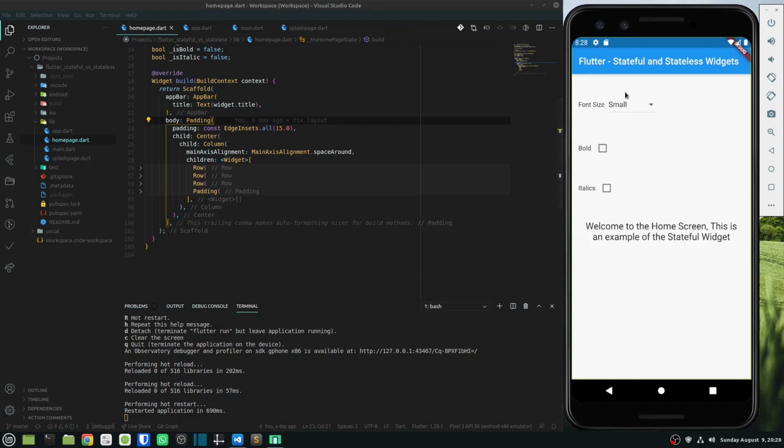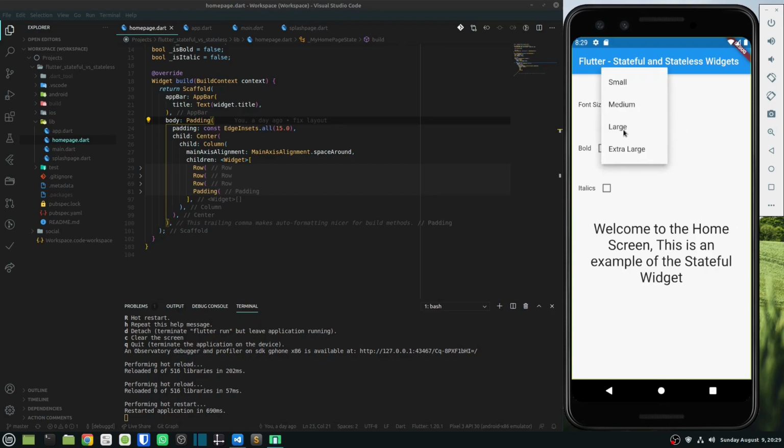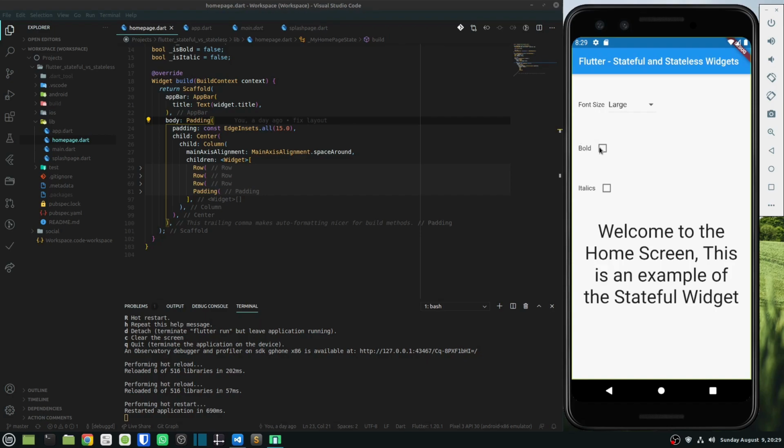In a stateful widget, whenever a user interaction happens, it will cause the widget to rebuild. For example, if I change the font size, it's rebuilding the whole widget tree to reflect the changes. And if I check the checkbox, again it's rebuilding the widget tree to reflect the changes on the screen.